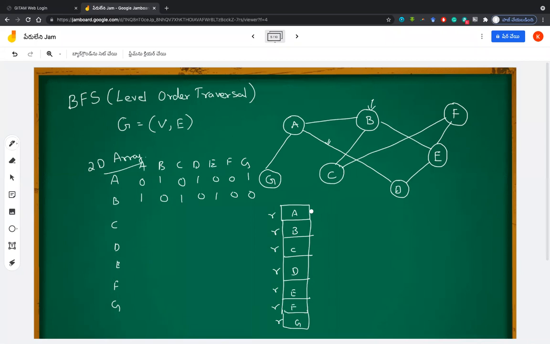And to this one, I can connect like a single linked list. A is connected to B, and A is also connected to D, and A is connected to G. So this is how I can write it. In this case, you can see that, just a second.